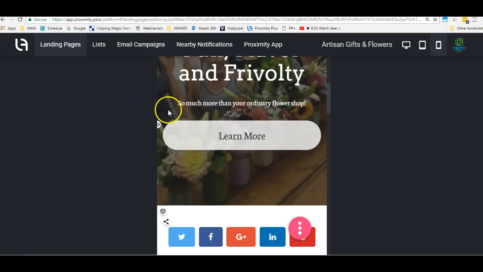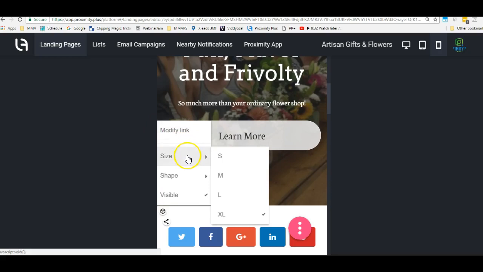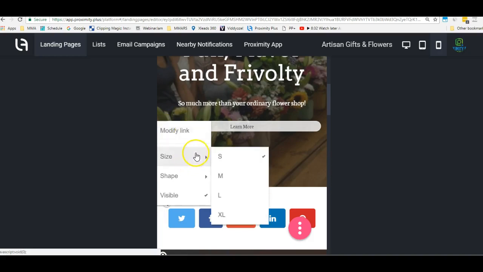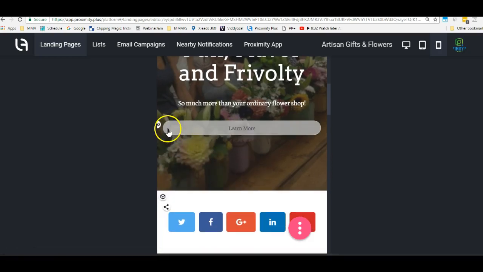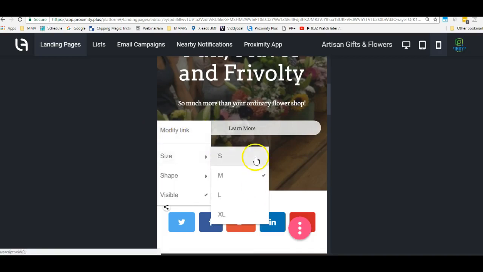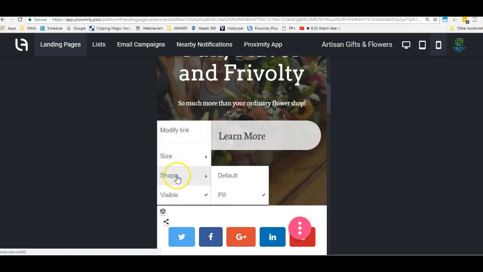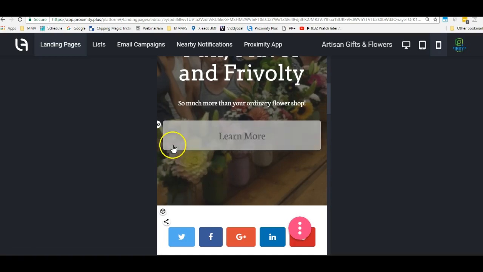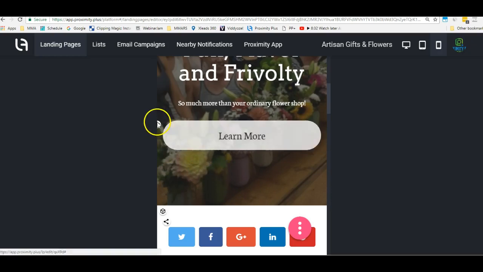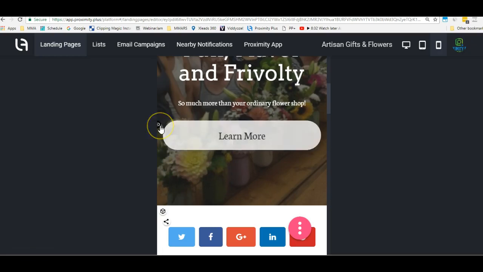Okay, so when I click on this little button here, that's where I can assign this some functionality. I can change the size. I can go with something that's smaller versus medium. The extra large I think looks just fine. The shape. Okay, and then we're going to keep it visible, and